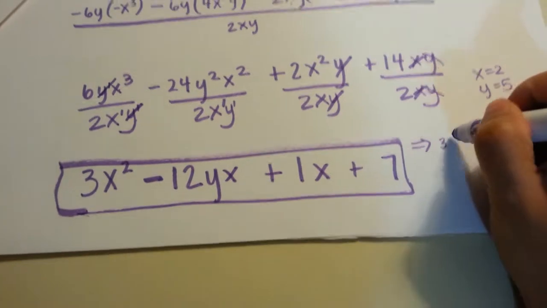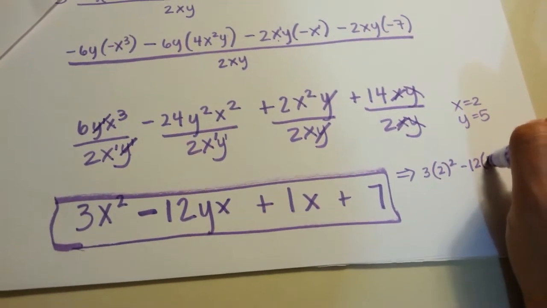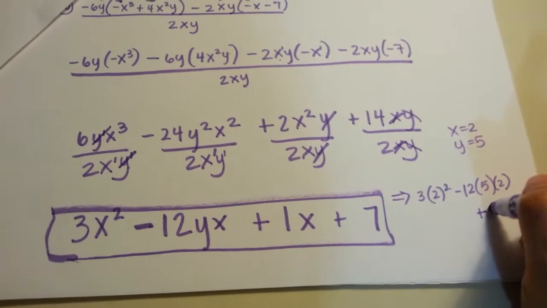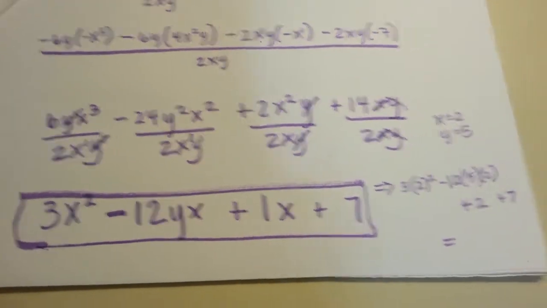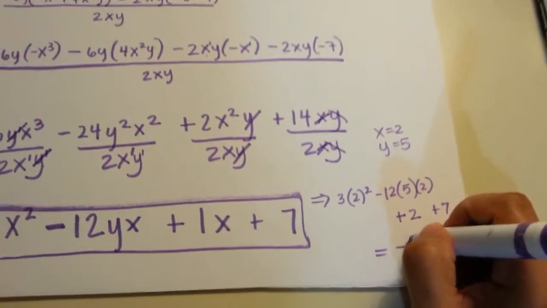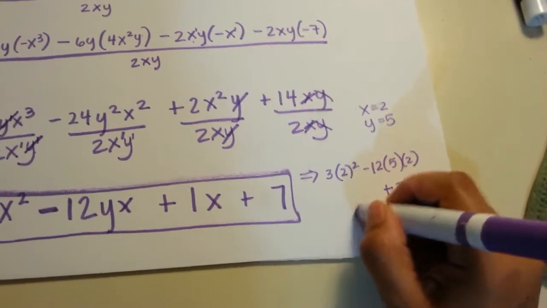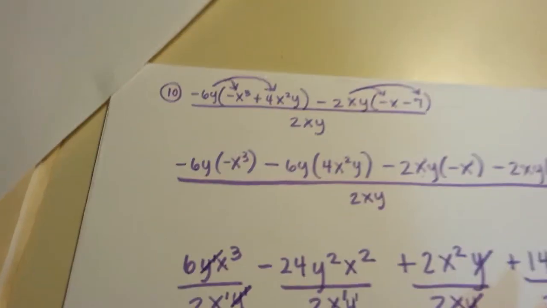We just plug it in. So you have 3 times 2 squared minus 12 times 5 times 2 plus 2 plus 7. And you plug all of that into the calculator and you get negative 99. And that would be the answer for B. And this is the answer for A. In question number